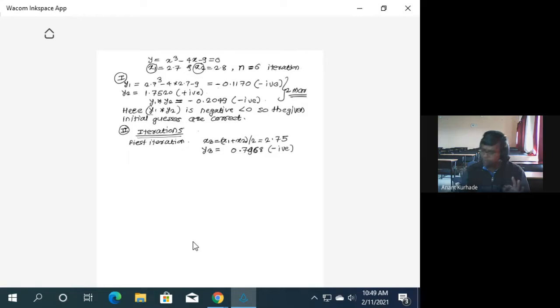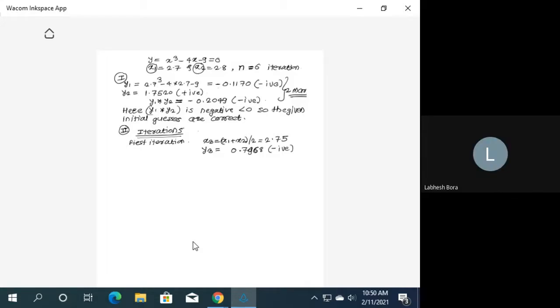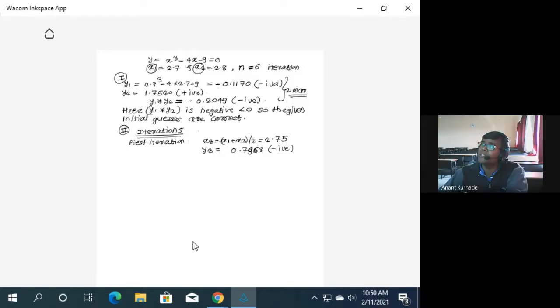Now this is very important. That table has 4 marks. Now how to put all these values? I'm telling you, it is not required to calculate. Value of x3 is 0.8175. How? Because we are calculating x3 as (x1 plus x2) by 2. So put brackets there, x1 plus x2. x1 is 2.7, x2 is 2.8. So find its average. It is 2.75.